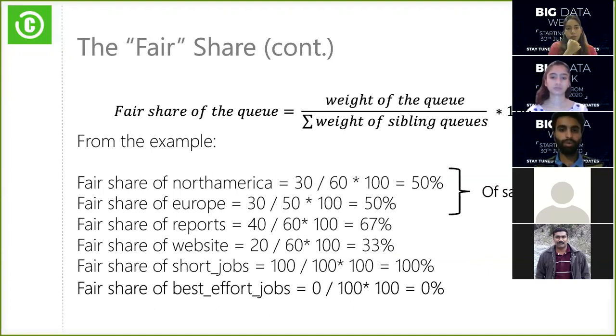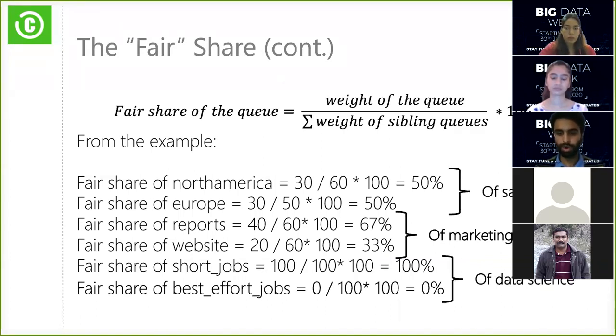अब जैसा पीछे मैंने एक्सप्लेन किया था कि वो रूट का था, अब नॉर्थ अमेरिका को सेल्स का 50% शेयर मिलेगा ऑफ द रिसोर्सेज। नेक्स्ट मार्केटिंग का भी एग्जैक्टली ऐसे ही होगा कि रिपोर्ट्स को मार्केटिंग के फेयर शेयर में से 67% शेयर एलोकेटेड होगा और वेबसाइट को 33%। इसी तरह शॉर्ट जॉब्स और बेस्ट एफर्ट जॉब्स को डेटा साइंस का एलोकेशन होगा।